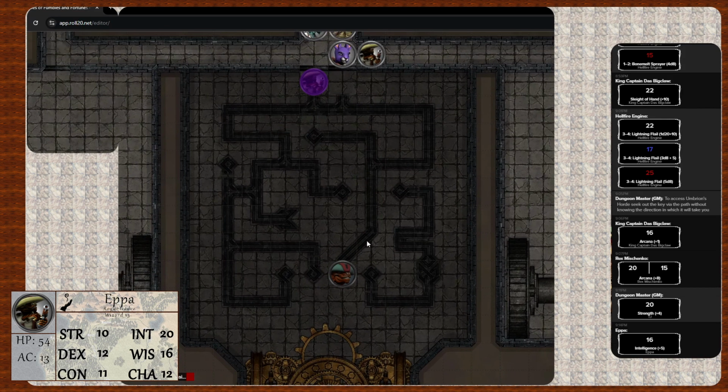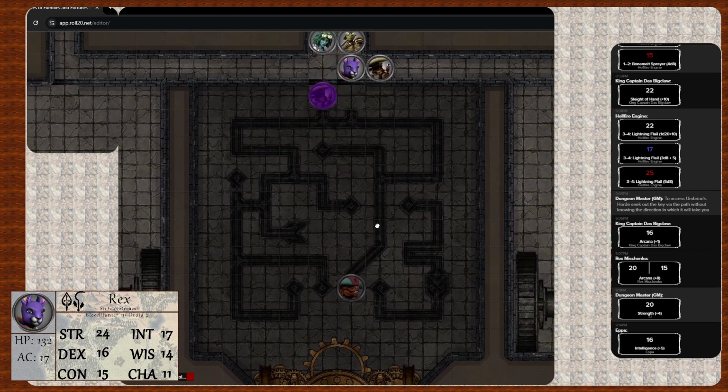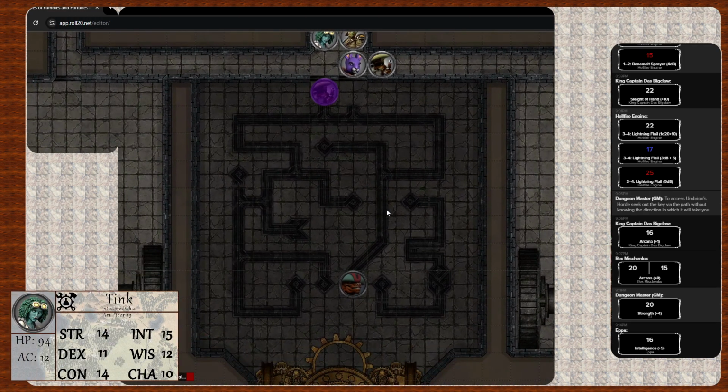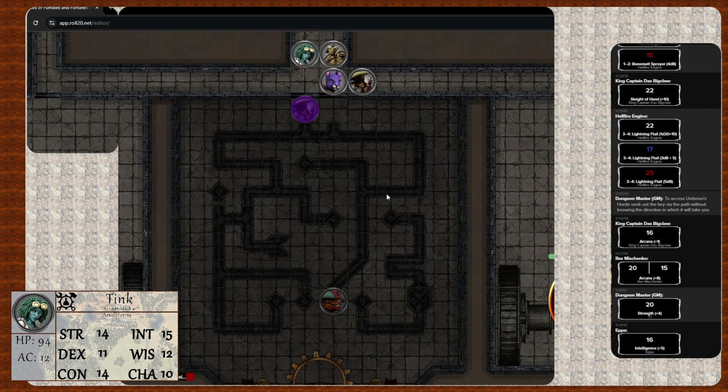Get to the end of this stretch of the pathway. Feel under your feet a button. You can feel like a raised part of the floor. I'd like to press it. I feel like I shouldn't, but the only way to make things happen is to press buttons and stuff.